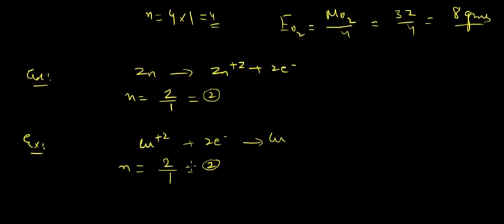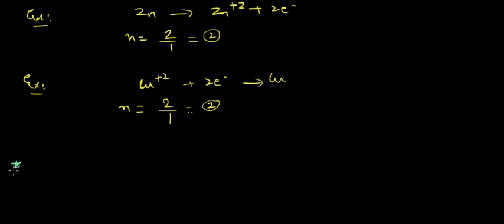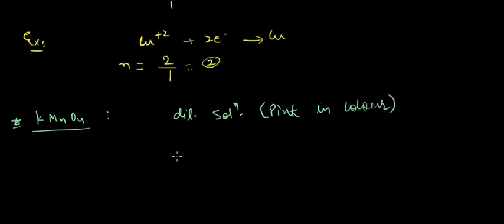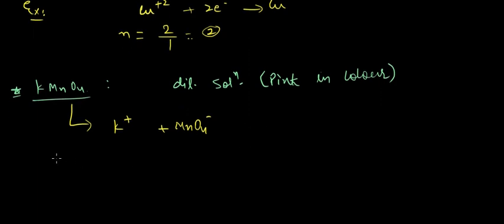Next, let's talk about KMnO4. KMnO4 in dilute solution is pink in color. Okay, and it dissociates into ions which are K+ and MnO4 minus. Here the equivalent weight of KMnO4 would be the molar mass of KMnO4